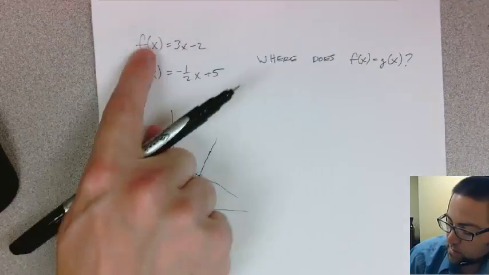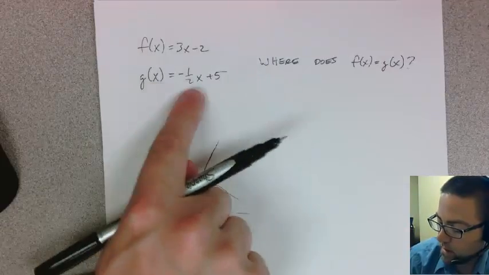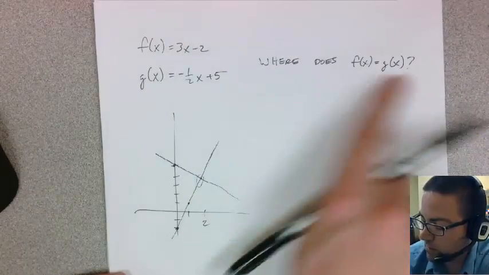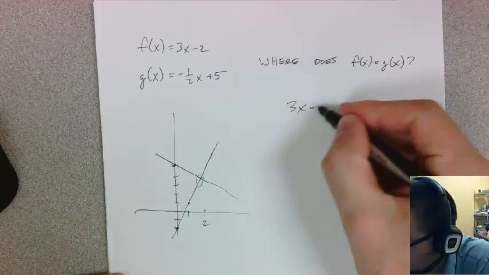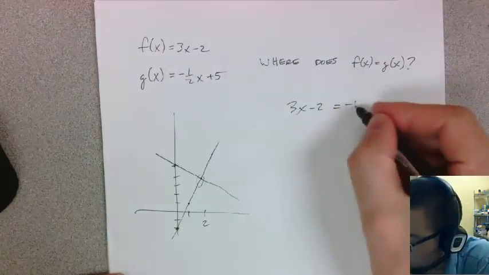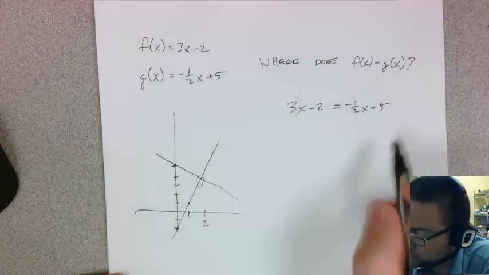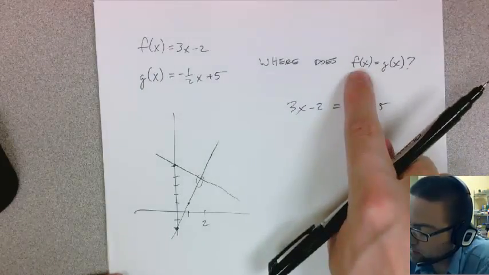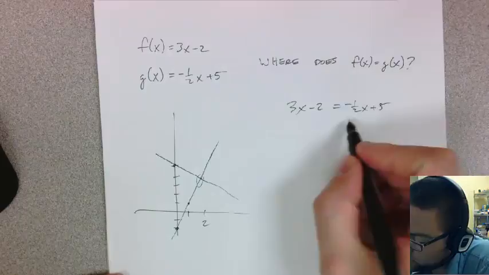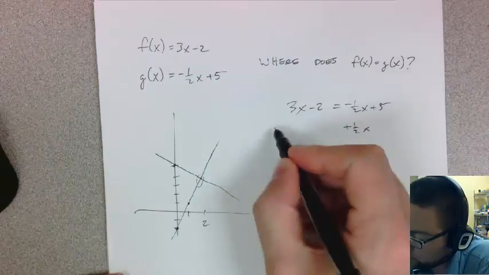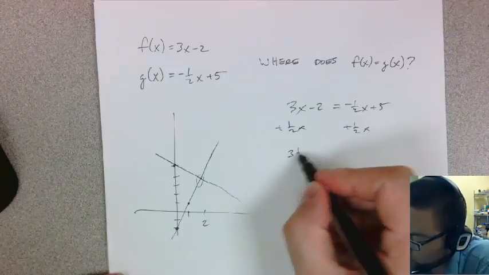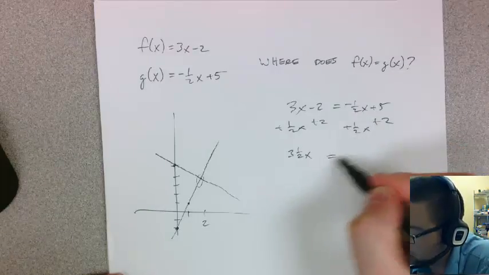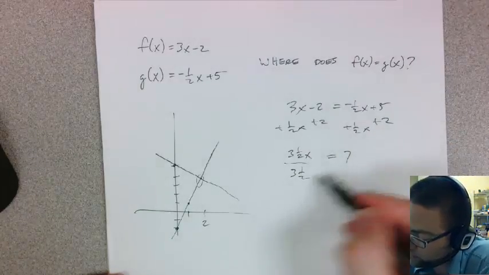We can use the substitution method here. We can say, well, f of x is equal to that, and g of x is equal to that. So if I substitute those two expressions in for f and g, it would be just like this. 3x minus 2 is equal to g of x, which is minus 1/2 x plus 5. And then if I solve this for x, that would tell me the x value when f of x is equal to g of x, right? So I'm going to add 1/2 x to both sides. So we get 3.5 x's, and then I'm going to subtract, or no, add 2, right, to get rid of it there. Add 2 there, I get 7, and then I'll divide by 3.5,